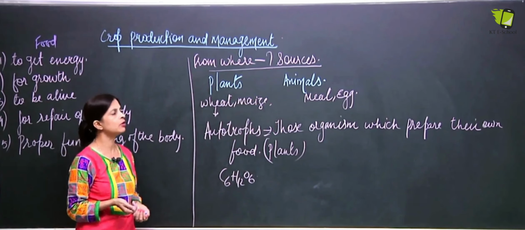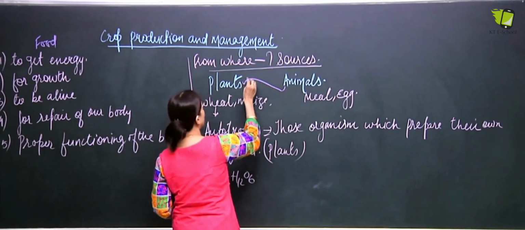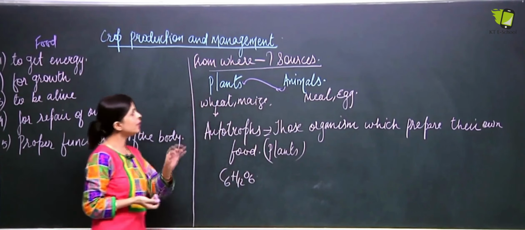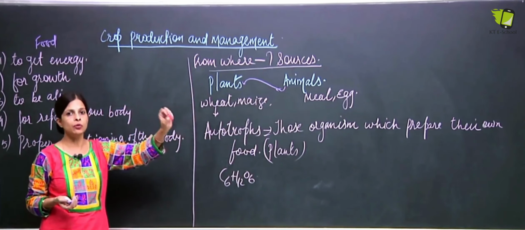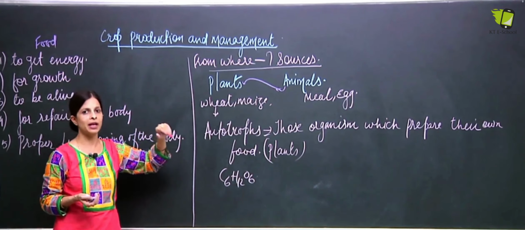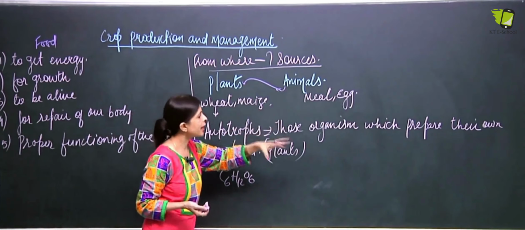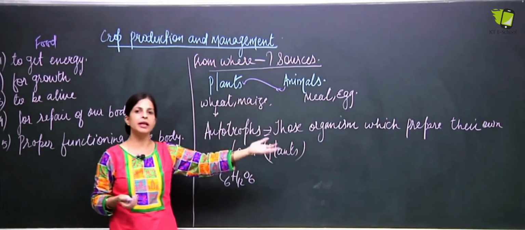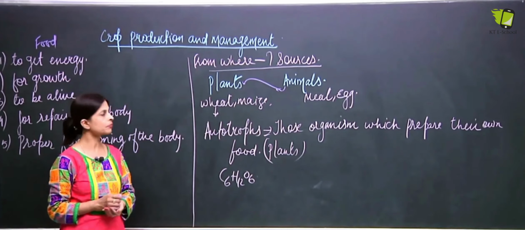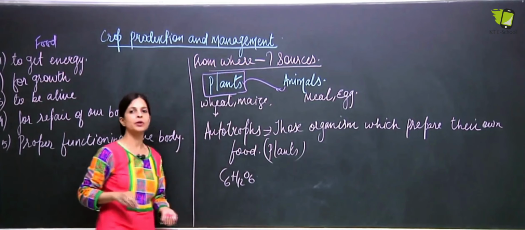Now if I say that all the animals depend on plants, will it be correct or not? I am saying directly or indirectly, all the animals depend upon the plants. If I take the example of the cow and goat, obviously these are herbivorous animals, so they depend on plants. But the lions and tigers eat deer, and deer in turn depend upon the plants. So the major source of the production of food is plants.